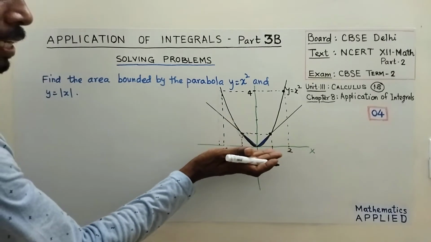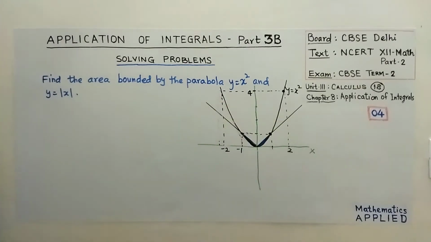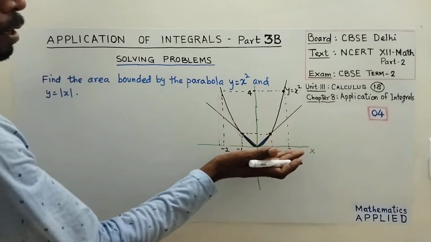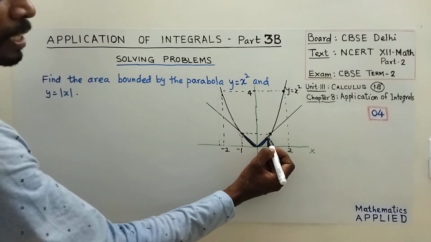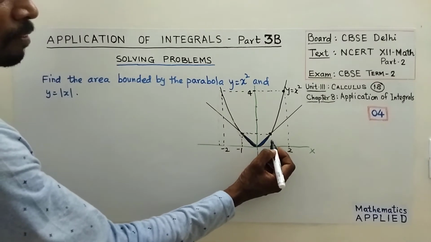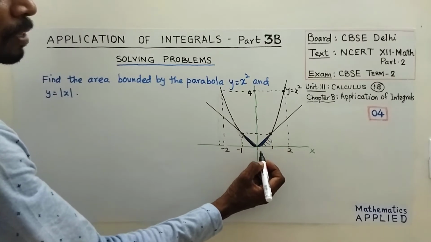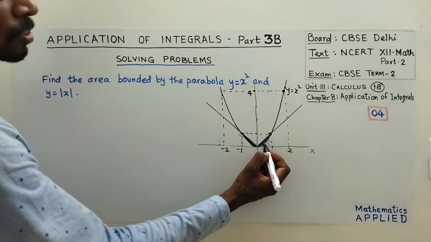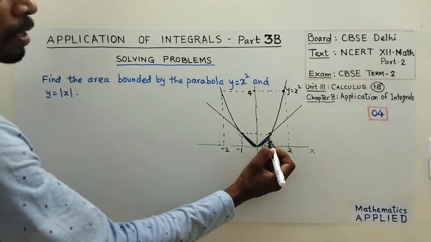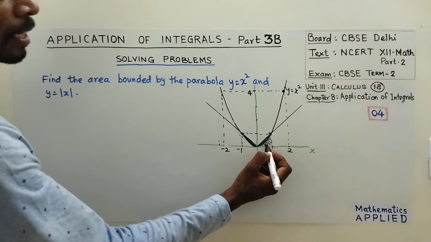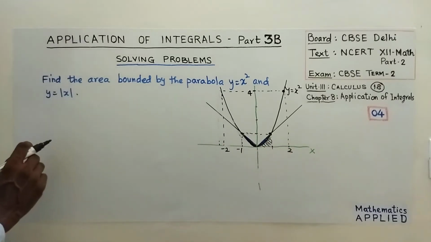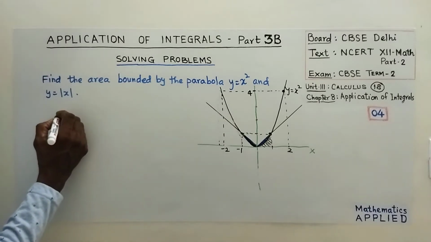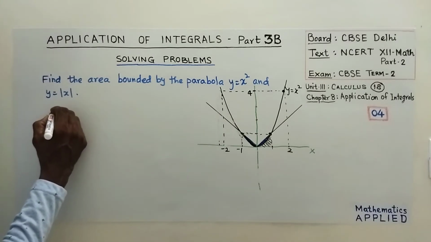If I take this x-axis as my boundary, so with x-axis if I am going to integrate, then I have to integrate the line first. So I will get this whole area, and then I will integrate this curve. Below this curve I will get this area again. I will subtract that area from the line area. So actually what is that area bounded,